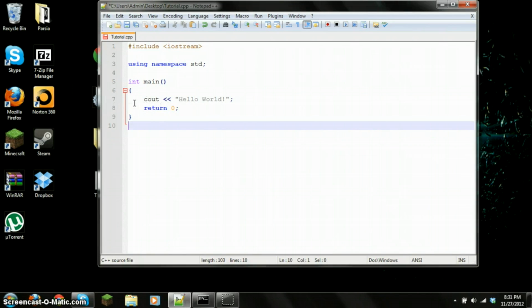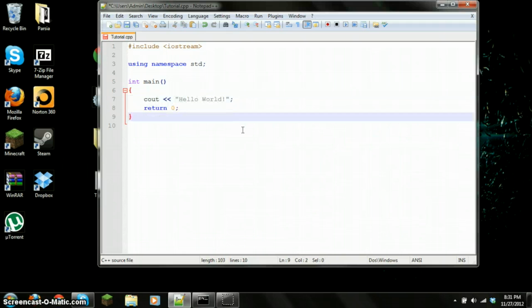Okay. So cout. What does that function do? Cout just displays text, or whatever you want it to display. Without the quotation marks, cout will display a variable called hello world. But the quotation marks tell cout, the executioner and the compiler that we want to display the text hello world. Now cout is followed by two pointy brackets, then hello world or whatever text you want to display in quotes, or a variable if you're defining one without them, and